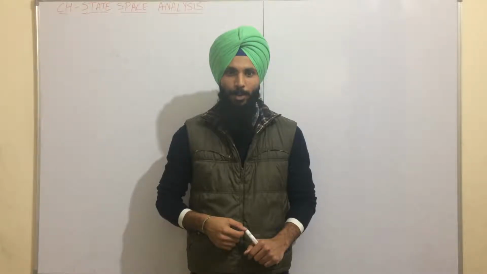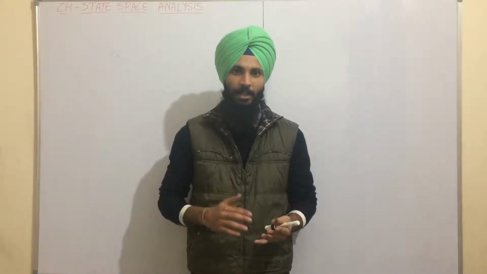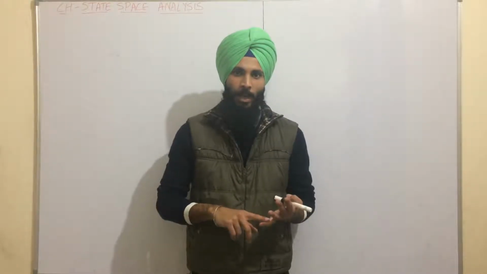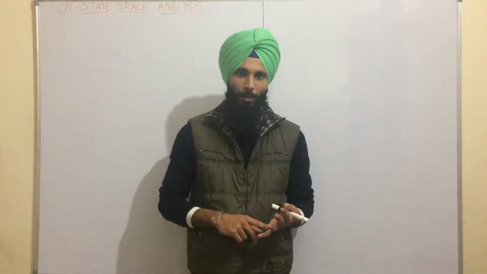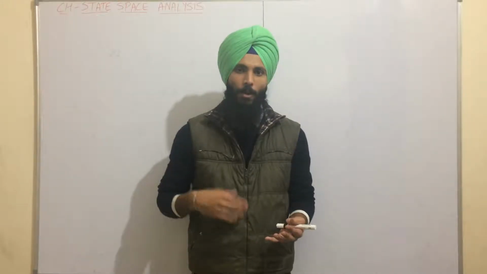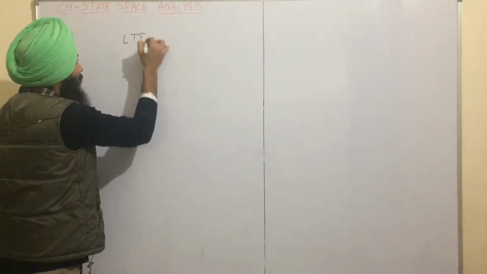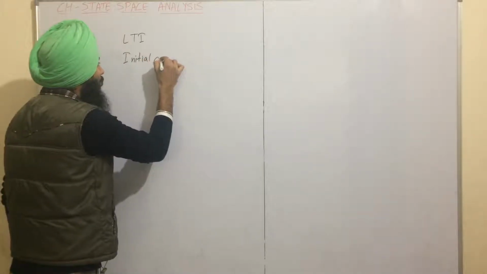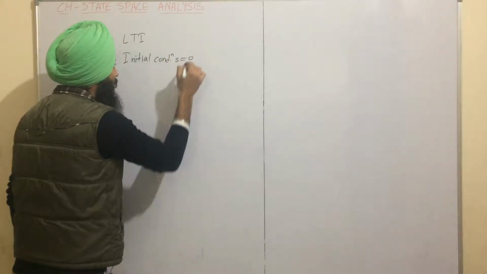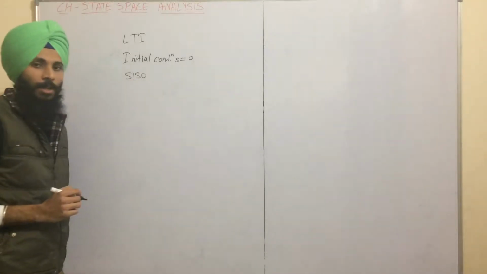Today we are going to start a new chapter, that is state space analysis. Previously we have done the analysis of a system using various types of techniques such as Routh's criteria, root-locus method, frequency response analysis, and in that we use the technique of polar plot, Nyquist plot and Bode plot. But all of these techniques have been used using the transfer function of a system, which is calculated only for a linear time invariant system, and while doing that we ignore all the initial conditions, that is initial conditions are taken to be 0, plus it is only calculated for a single input single output system.